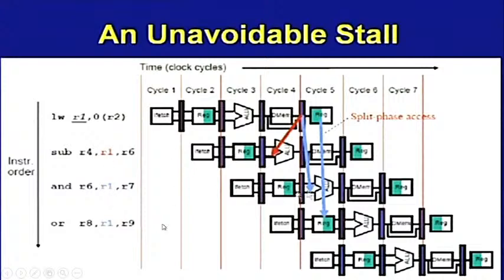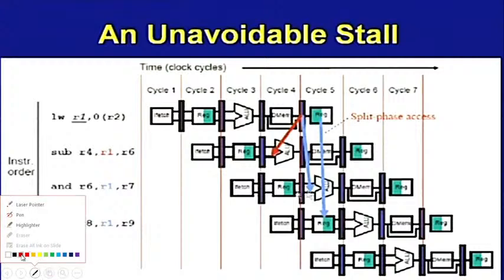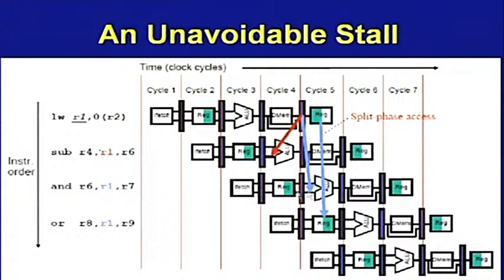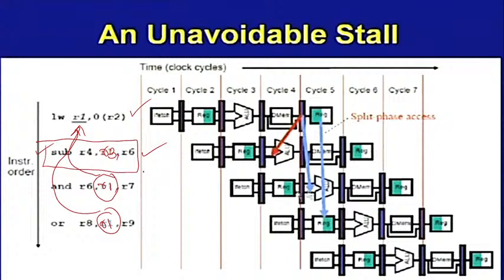But if there are different registers, for example, in the subtraction if it is R4, R3, R6, then it is an independent instruction because this instruction is separate and that instruction is separate. But here the R1 register is there, so it is dependent. And in R6, R1, R7, R1 is also there, so it also depends on that value. But the second instruction is an independent instruction,